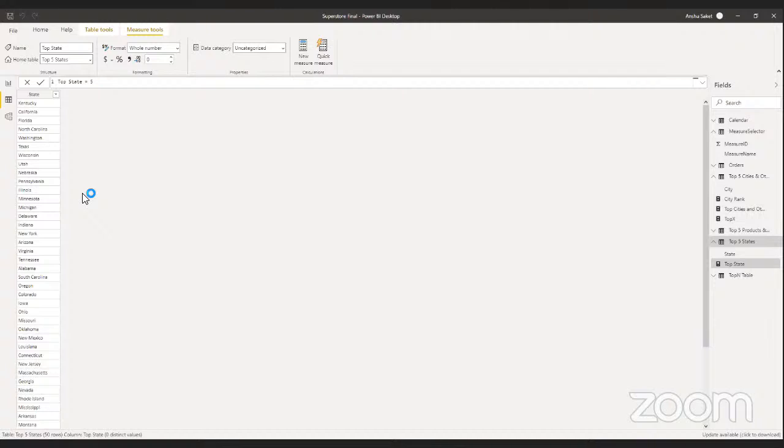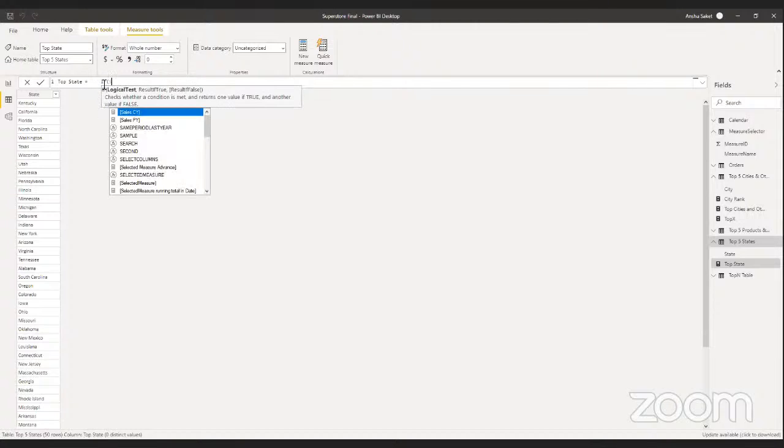I hope up to this everything is clear to you. So now we'll create a calculation for the remaining. Let's put it as selected value, if selected value